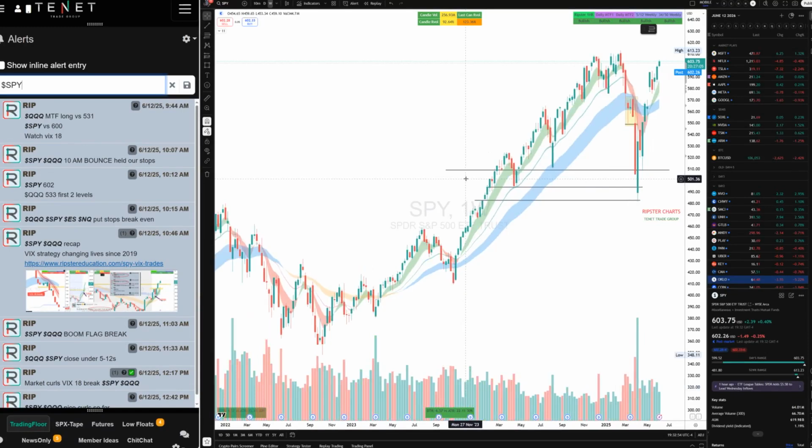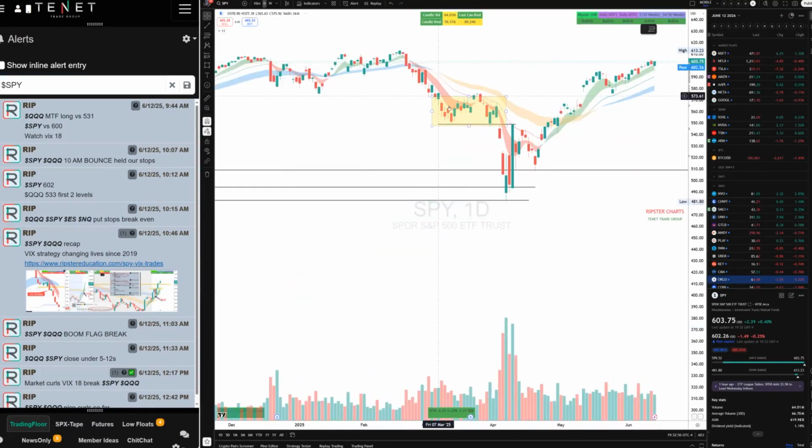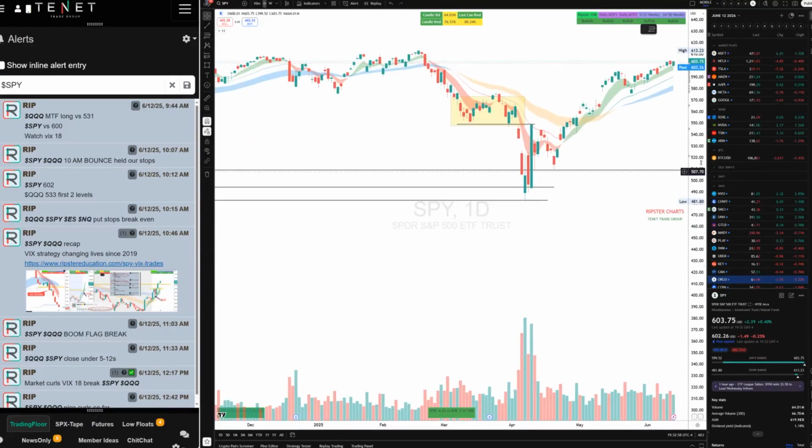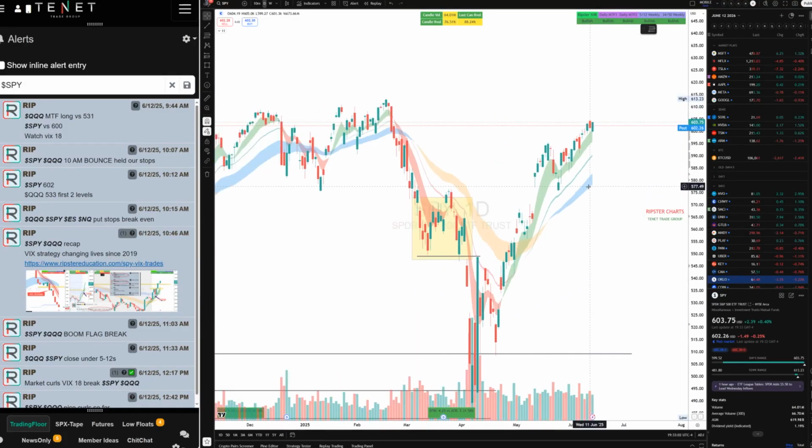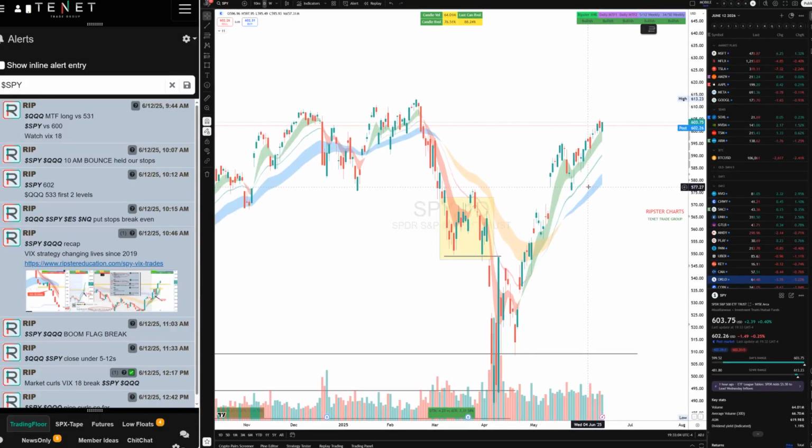So SPY, definitely a decent day. One thing you have to realize is that SPY has lost its range. The range is pretty small, right? If the volatility is low, VIX is low, it still doesn't mean you can't trade SPY, QQQ, ES, but its options are priced cheaper because of the low volatility.